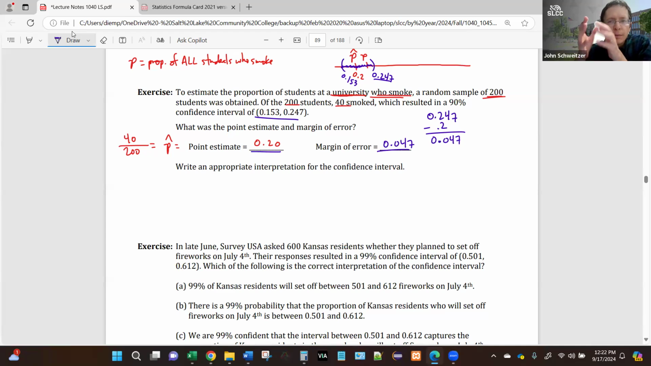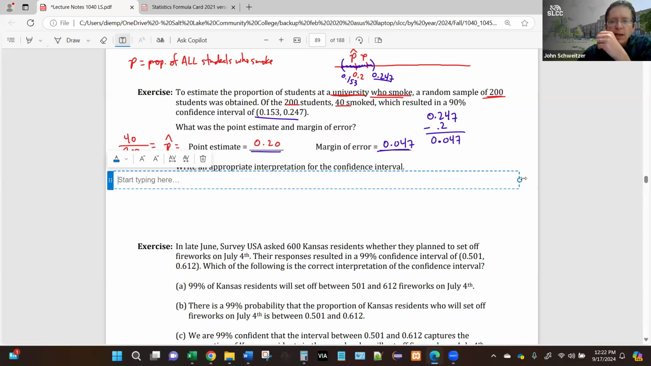That's a very common kind of amount for a margin of error, about 5% bouncing around for p hat. Okay. So what is our interpretation? Well, we have the same three-part interpretation. We start by telling people what the confidence level is. So we are 95% confident